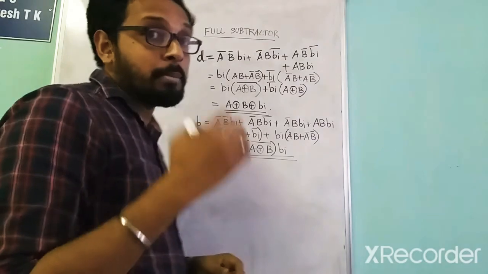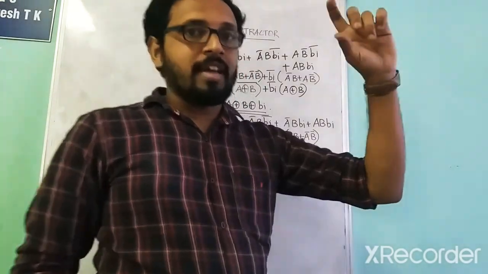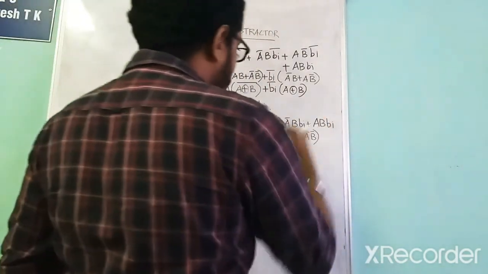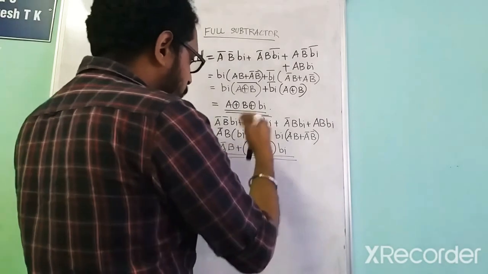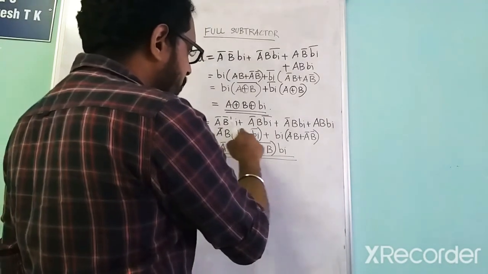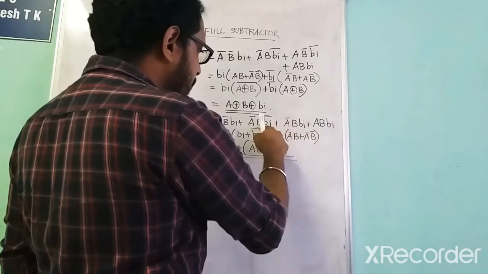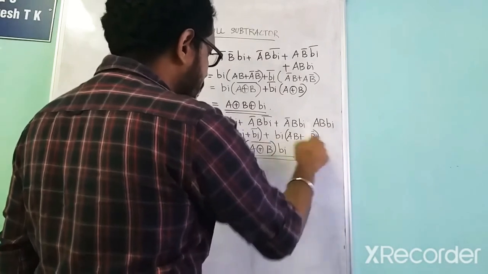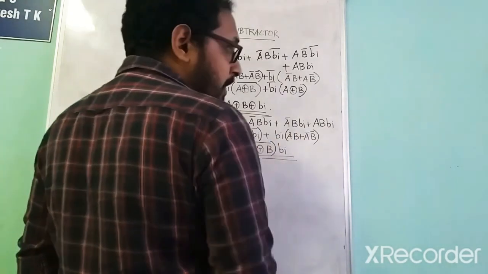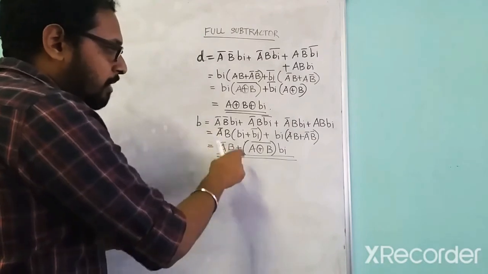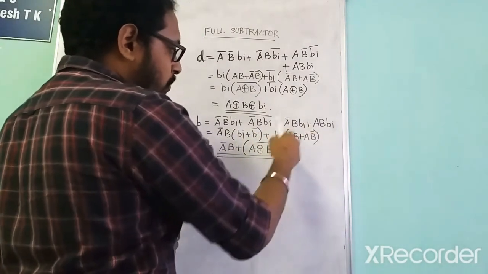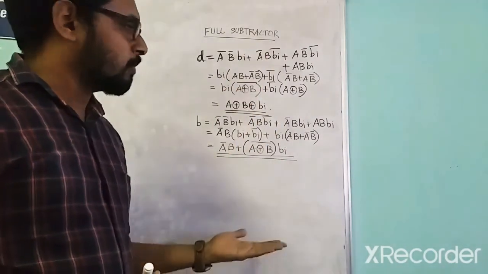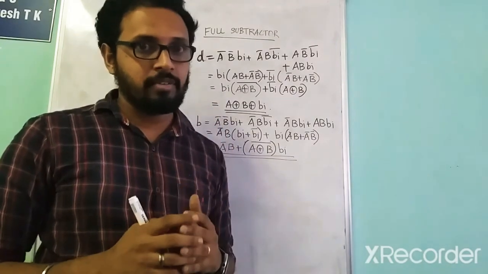And similar is the case with B. We take the B values where we got 1, and based on that we need to simplify this. Taking A bar B common, we have Bi plus Bi bar, plus Bi into AB plus A bar B bar. Bi plus Bi bar means it's 1, so we write it as A bar B plus A XOR B the whole bar into Bi. These are all simple steps. This is very easy also. Please try it yourself.